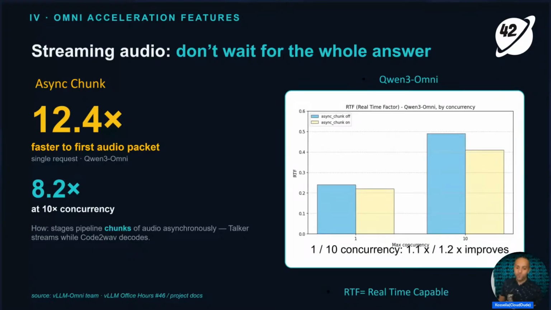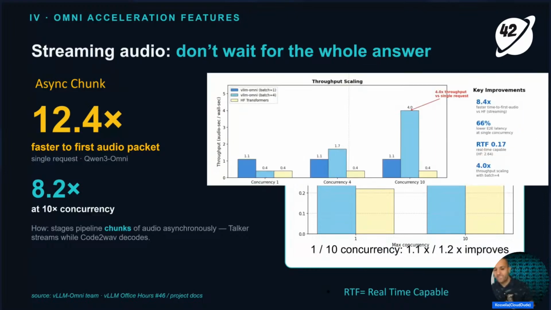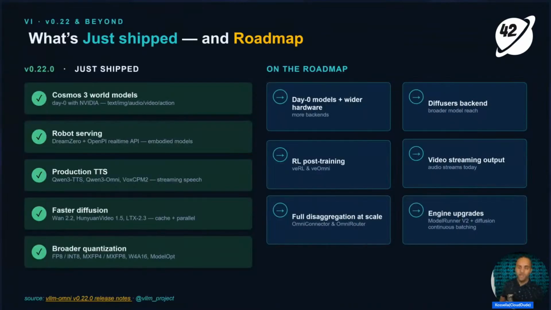And also notice the new metric called RTF, which is the real-time factor. That's more like a realistic feel metric of the dialogue, and the lower it gets, the better. And of course, with batching, we can scale throughput up to 4 times higher than HF transformers, even more actually. I've seen batches of 7 in the latest release. So yeah, I just wanted to add this one because it feels like an orphan one, but